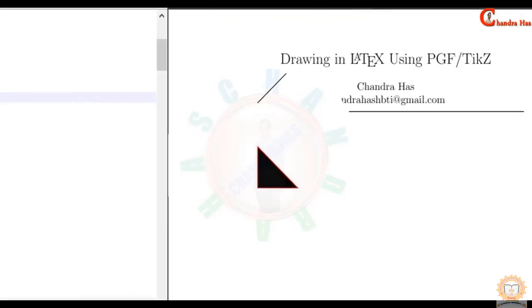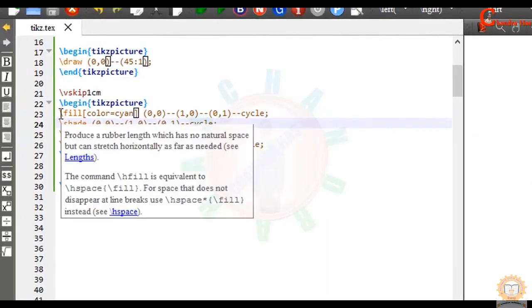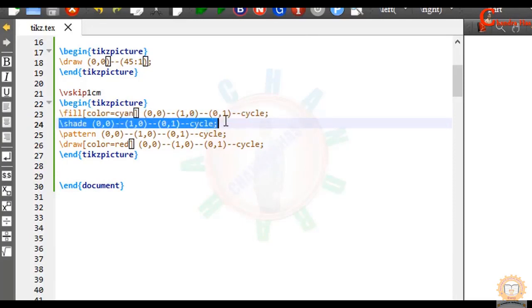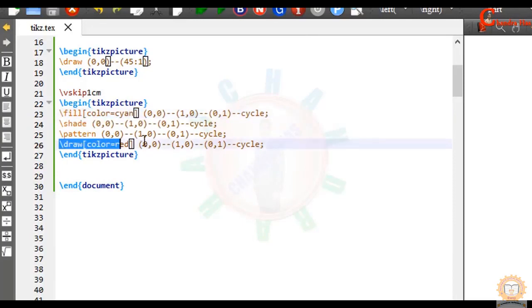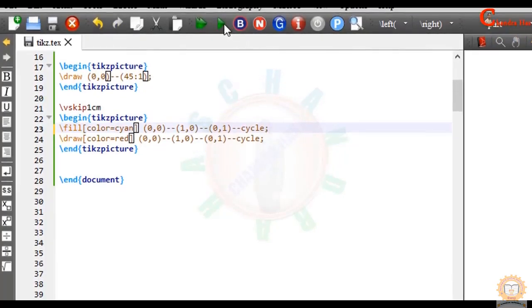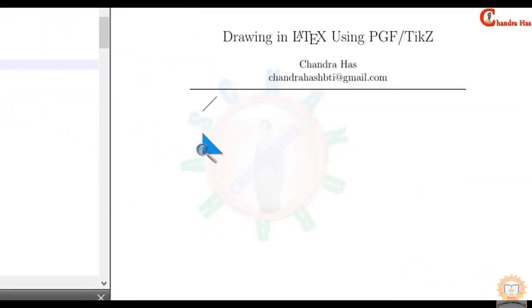Here border color is coming in red, but filling color is not coming because we have already used shade and pattern path commands. So this one will be in the bottom layer. Okay, this one will be above of this layer, and this one will be top layer. If I remove these two path commands, then filling color will come. Okay, compile this file again. As you can see that it is coming now.